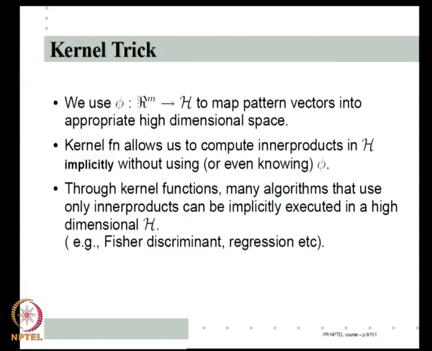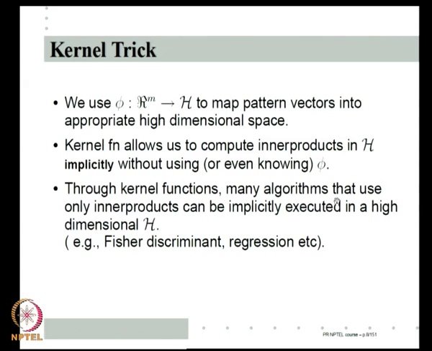So, what it means is, by use of kernel functions, many algorithms that essentially use only inner products can be implicitly executed in a high dimensional space. For example, if I look at Fisher linear discriminant, right, the discriminant, which is W transpose X, as well as the way I learn it, using the generalized eigenvalue problem, all of them only use inner products. So, if I think of Fisher linear discriminant as finding a linear transform onto a one dimensional space where I get the best separation between classes, I can ask, can I find a nonlinear transform, right. So, I can have a kernel Fisher discriminant and so on.